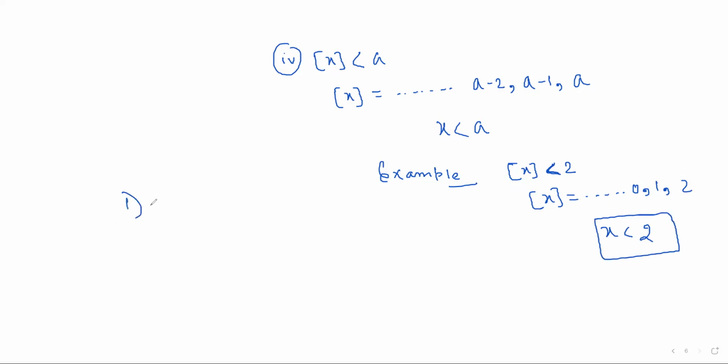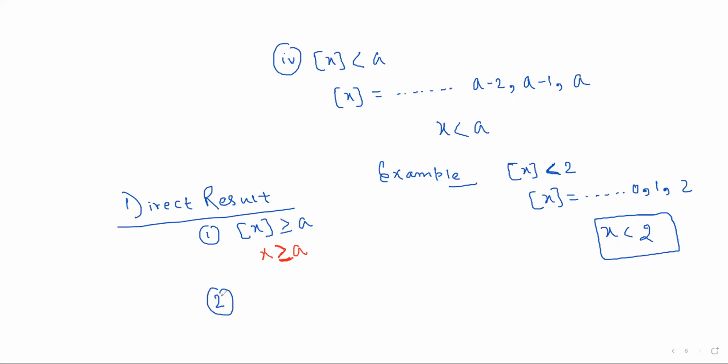तो बेटा बेसिकली व्हाट यू ऑब्जर्व, you have to remember the direct result। What is the direct result? So result number one is that the greatest integer function of x greater than equals to a, so simply x is greater than equals to a। Okay, number two is that the greatest integer function of x greater than a। So simply x is greater than equals to a plus 1।